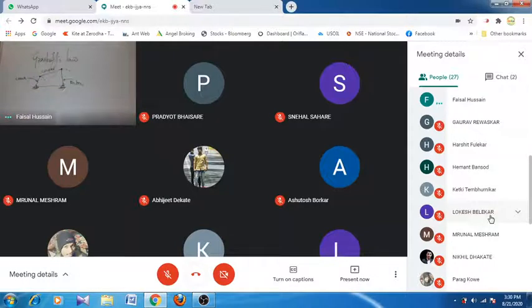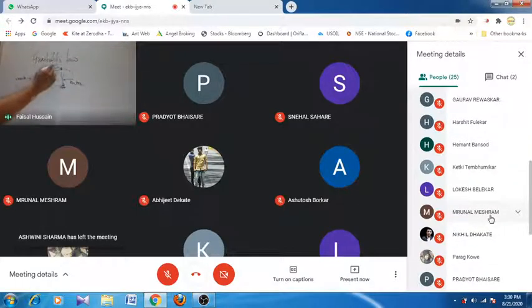Now let us say that this is S, this is L, this is P, and this is Q. So Grashof's law: S is the shortest link, L is the longest link, and the remaining two links are P and Q. Grashof's law states that for continuous relative motion, the sum of the length of the shortest and longest link should not be greater than the sum of the remaining two links if there is to be a continuous relative motion between two links.